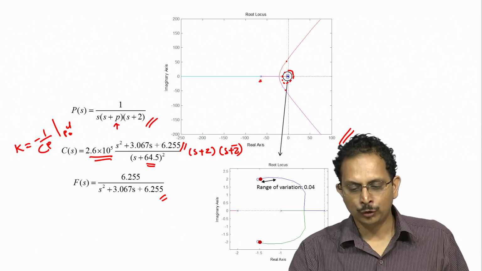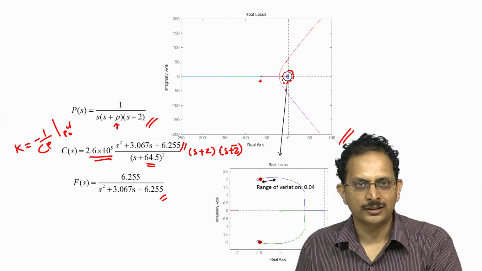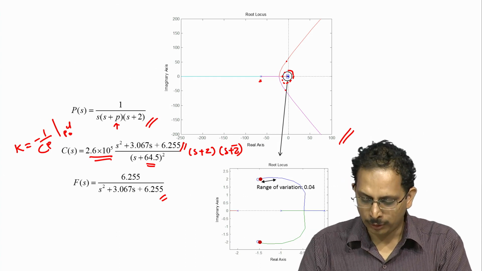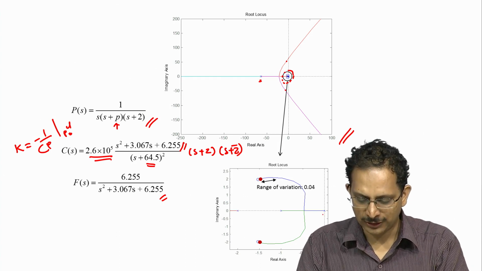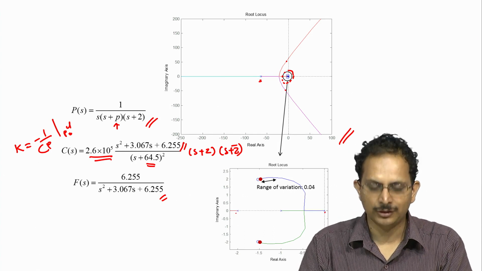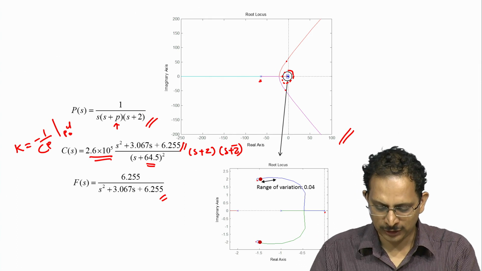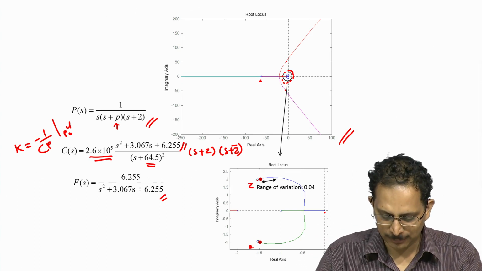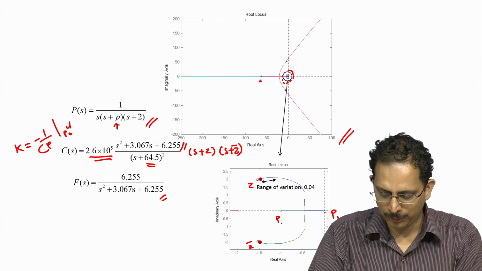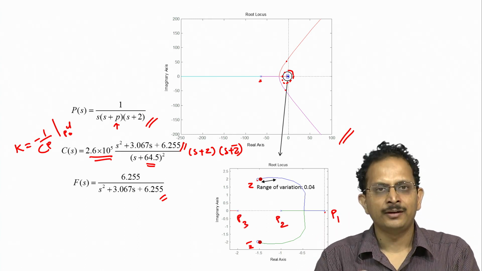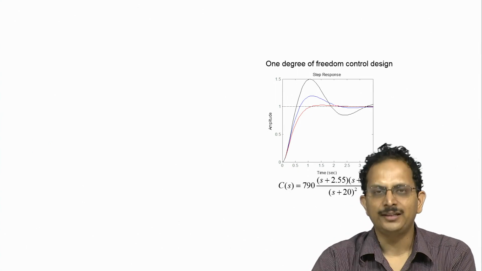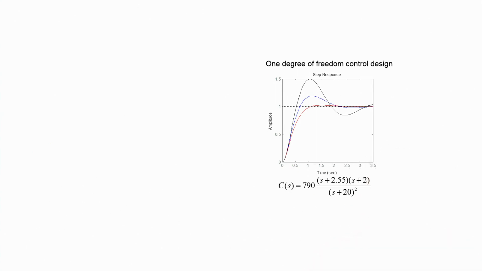when our plant pole varies about. If we zoom into the area near the origin of the root locus, we can look at the three plant poles s is equal to 0, s is equal to -1 and s is equal to -2, and the two locations of the zeros s is equal to z and z bar. So this is the point P1, this is the point P2, this is the point P3, and what I have done on the right hand side is I have shown the step response of a 1 degree of freedom closed loop system. In other words, a closed loop system that does not have a pre-filter, for the different possible positions of the plant pole.